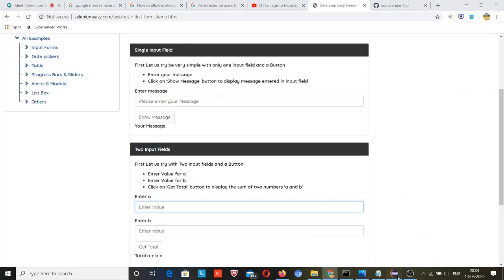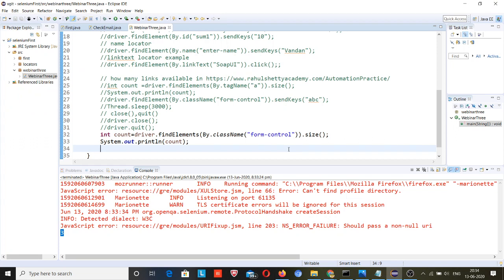So what I will do, I will simply run a for loop: int i = 0; i < 3; i++.